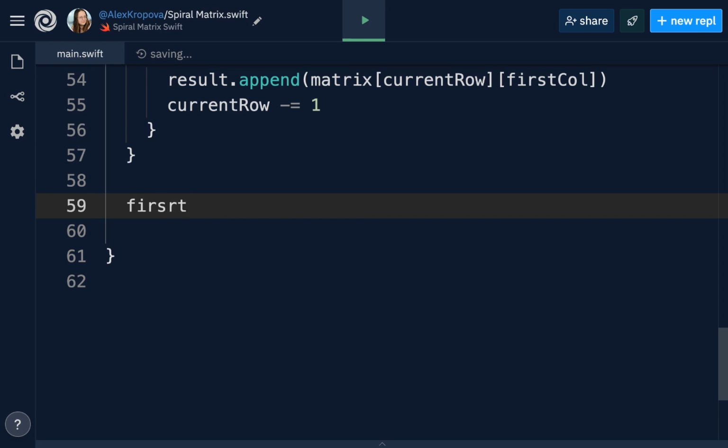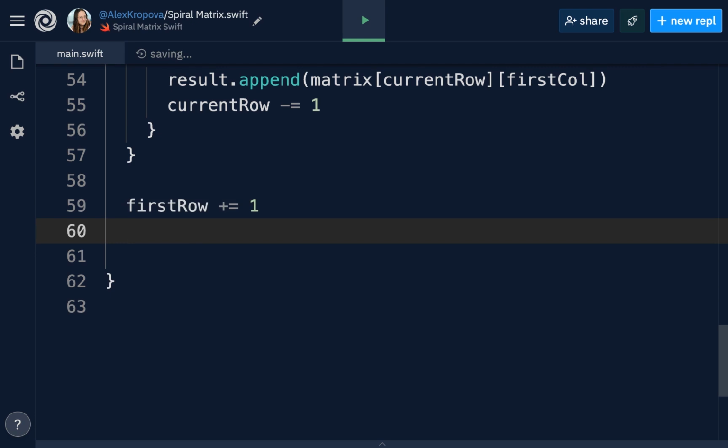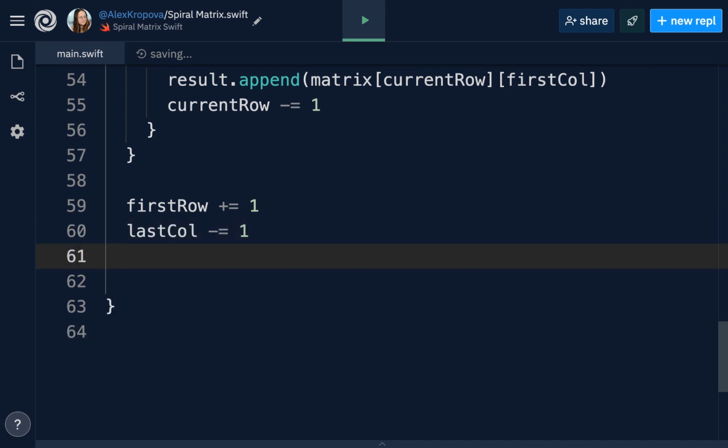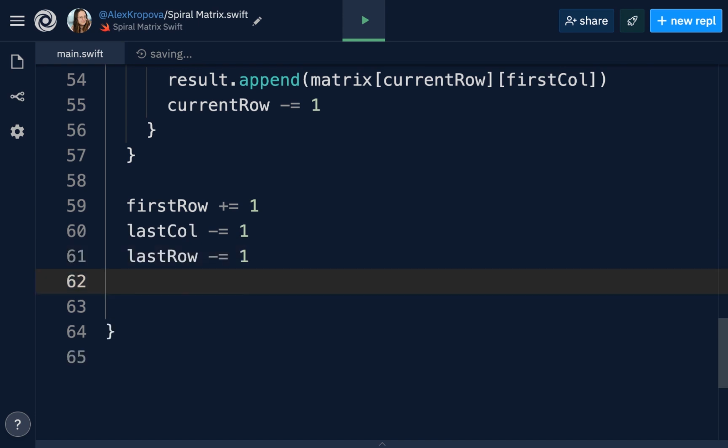And to do that, we're going to take the first row and increment it by 1. So we have a new first row for the matrix. Instead, the first row is now being moved to the second row and deeper into the matrix until we were breaking out of the matrix. Similarly, we have to take the last column and we have to decrement it by 1 because we have to chop off that last column. And then the last row, we have to also decrement it by 1 to go and chop it off. Our new last row is going to be the second to last row. And we also have to take our first column and increment it by 1 because we have to take that left row and shift it over because we don't want to go through the border twice. We want to go deeper into the matrix.